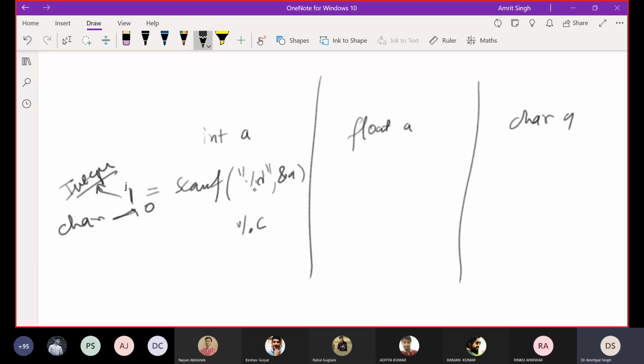Because there is a mismatch in the data type which we are asking for in scanf, it is unable to do implicit conversion and unable to assign to the variable a. I have declared a variable int a, but I am using %c here. Now tell me, what is happening, Aditya?